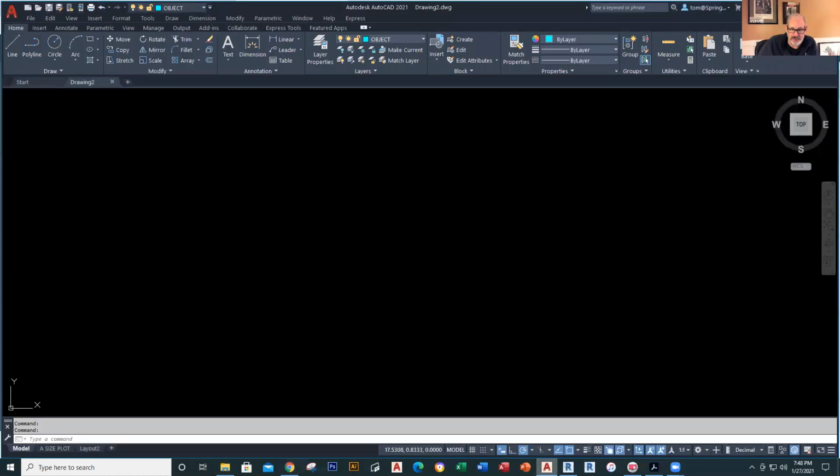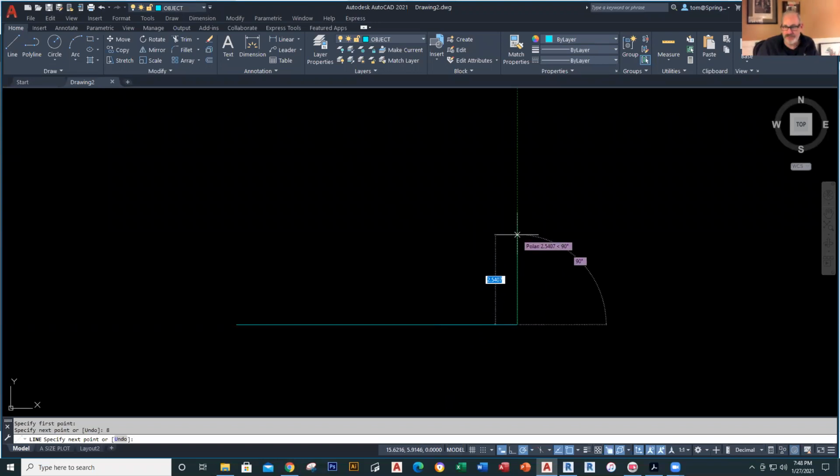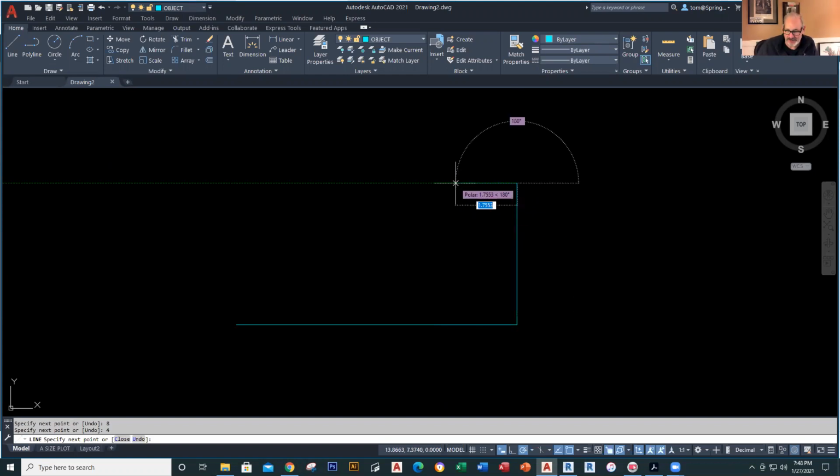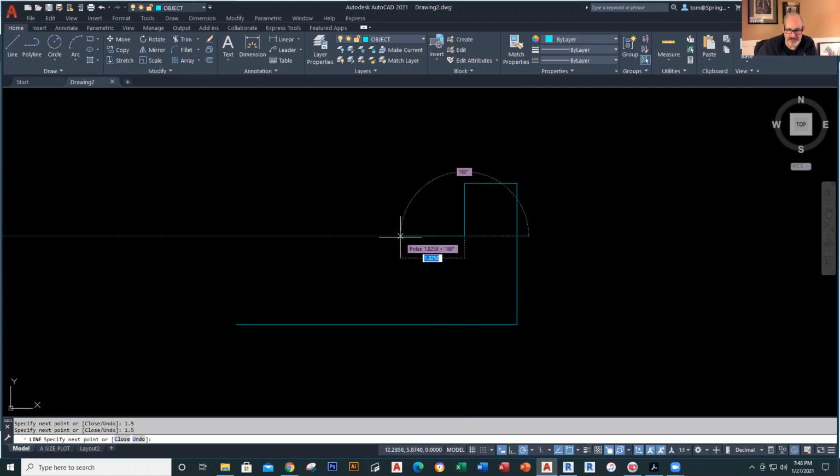So I'll just draw that for you real quick. I start my line command and click here, and my first dimension was 8. So I go to 8, and then I go up 4. I'm just pulling my cursor up, and then you type in the particular dimension, and I'm hitting my enter key. That's what that sound is. 1.5, and then down 1.5, and then over 2.75,